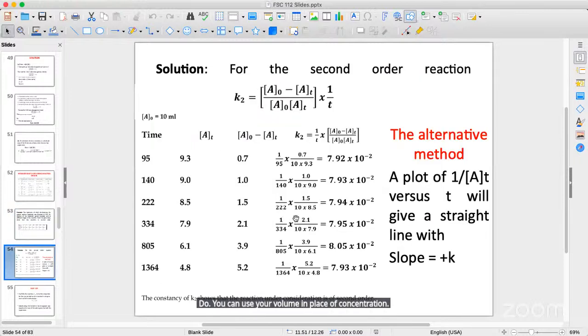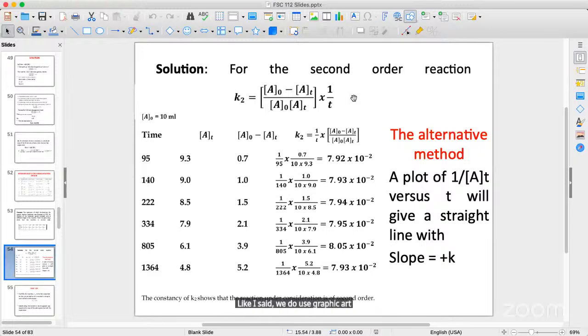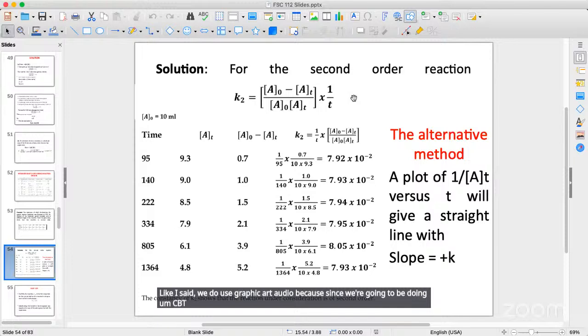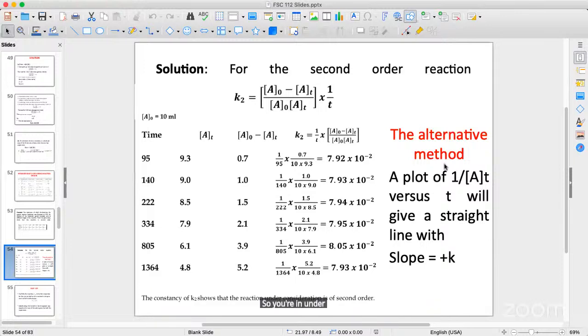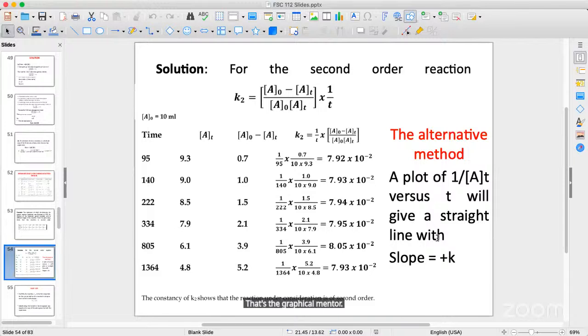Like I said, we didn't use the graphical method here because we're going to be doing CBT. But you want to do a plot, you're in 100 level, and I'm sure you learned how to plot a graph. You plot the reciprocal of A minus x against time, and that should give you a straight line. That's the graphical method. Now, if you just want to do it by calculation,